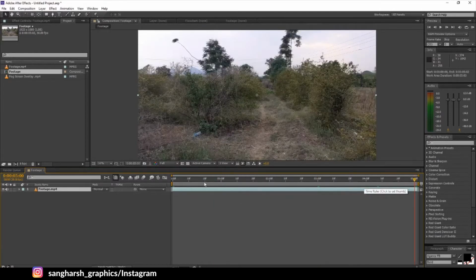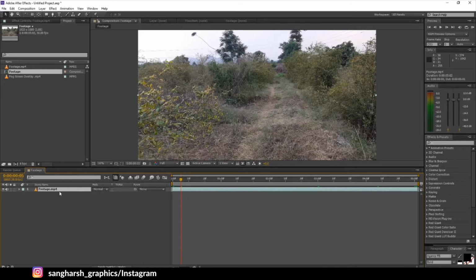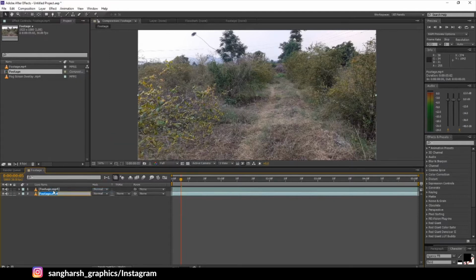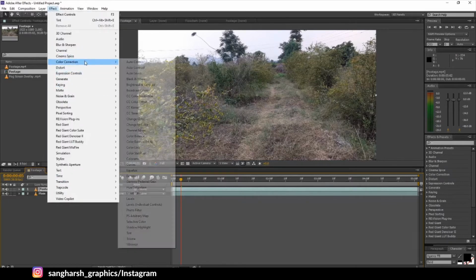Okay, fine. Now firstly make duplicate of your layer. Okay, just name the below layer to main, select the first footage, go to effect, color correction, tint.